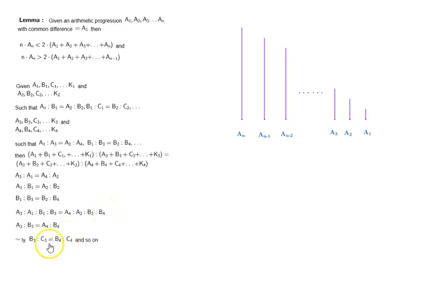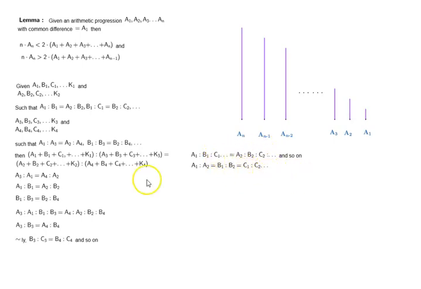And similarly, we can show that b3 is to c3 is equal to b4 is to c4 and so on. a1 is to b1 is to c1 equal to a2 is to b2 is to c2 and so on. Which means we can write it as a1 is to a2 is equal to b1 is to b2 is equal to c1 is to c2